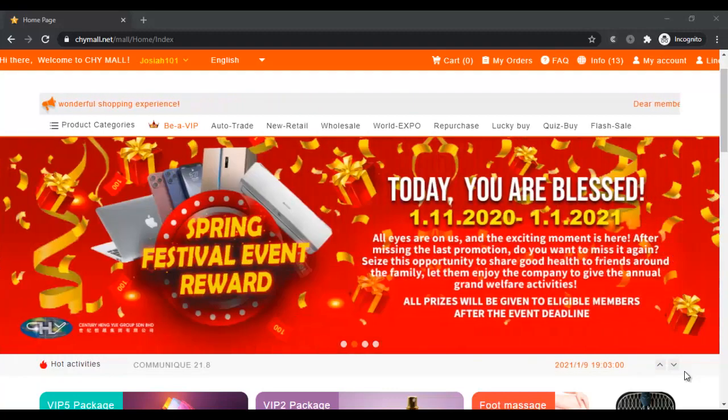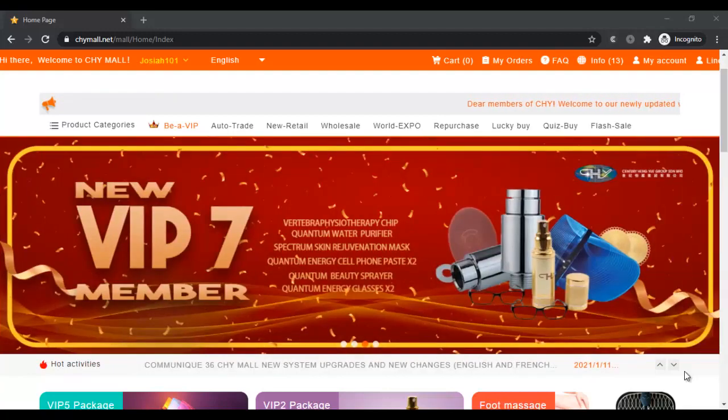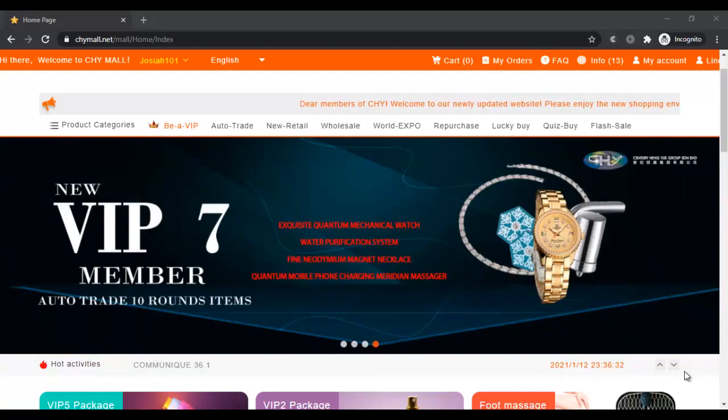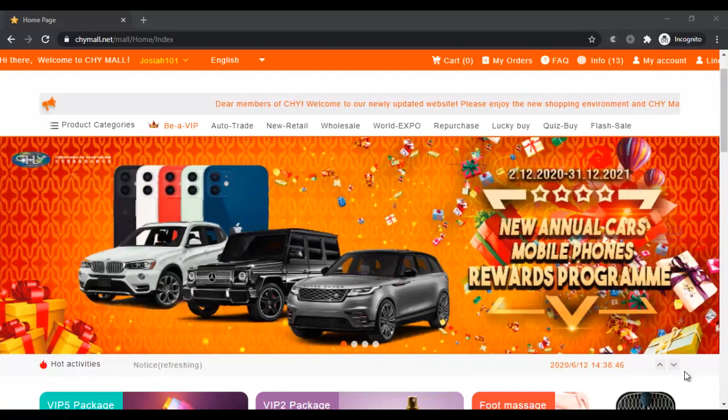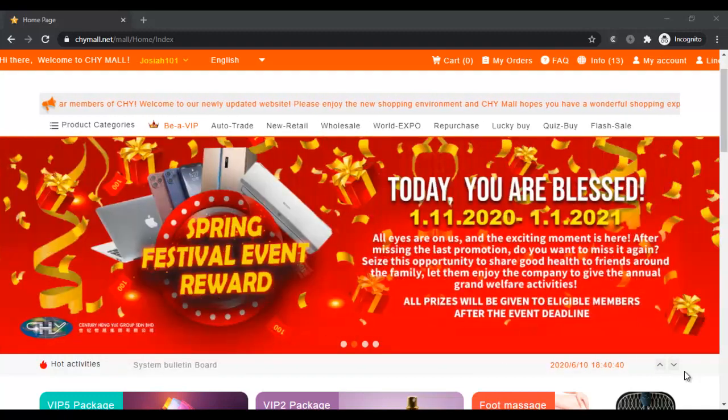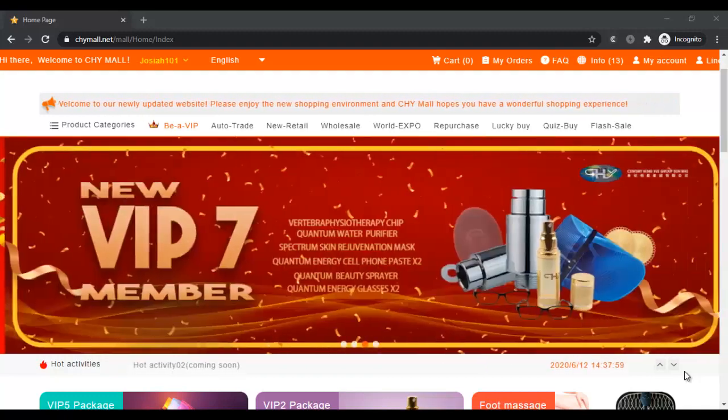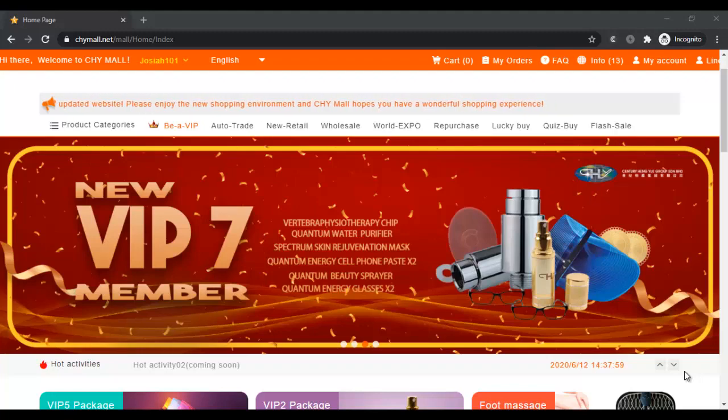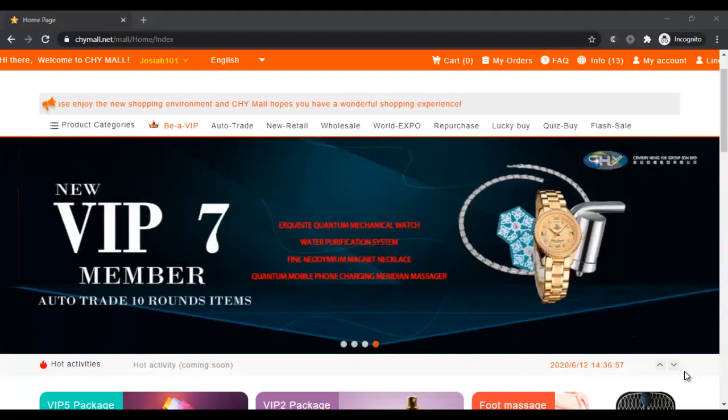A number of people are saying that with the upgrade, if you don't have activation points, you cannot upgrade your account. It means you need both activation and consumption points, but that is not the truth, because I just activated 2 accounts from VIP 4 to VIP 5 yesterday with just consumption points of 300 points, and then I upgraded them. So I just want to do this video to show you the practicality of it,